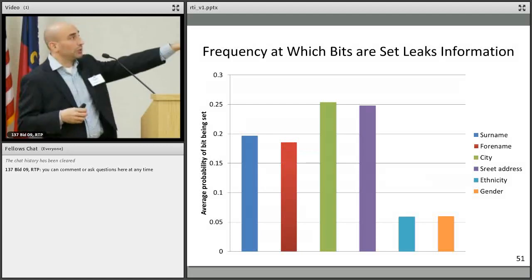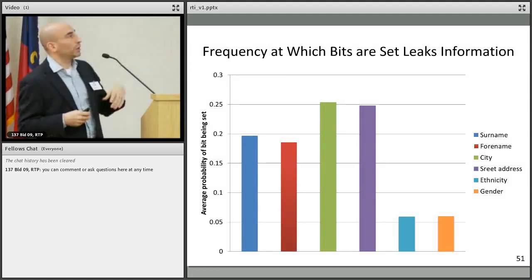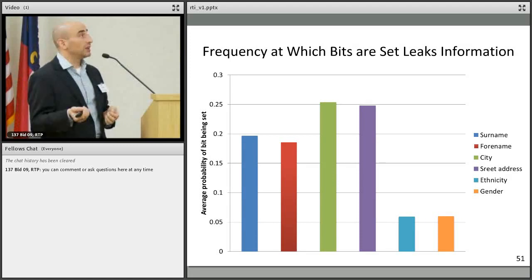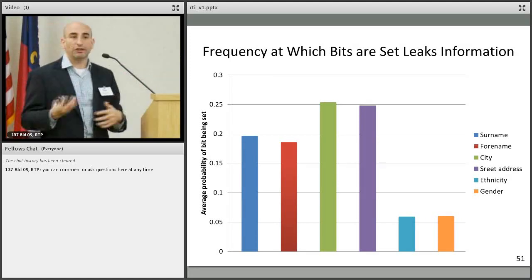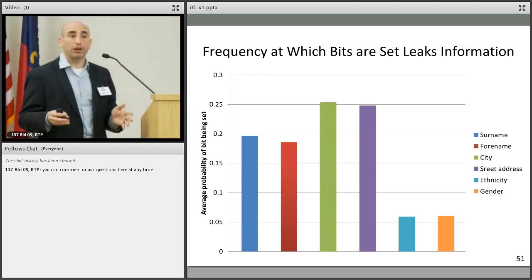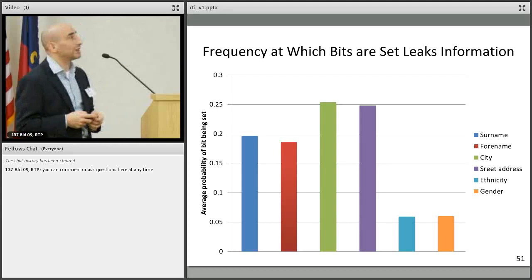For example, here's surname, forename, city, street address, ethnicity, and gender. This is the average rate at which a bit actually gets flipped. And what jumps out at you really quickly here is that ethnicity and gender clearly get set at a much lower rate. All right, so we were concerned that somebody might be able to separate the system and then rerun